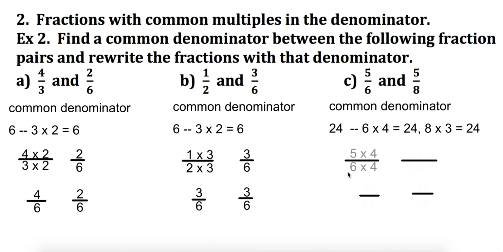So here, I did 6 times 4. Whatever I do to the bottom, I have to do to the top. So 5 times 4. So I'm going to get 20 over 24. The second fraction, I've got 8 times 3, so I've got to do 5 times 3. So I'm going to get